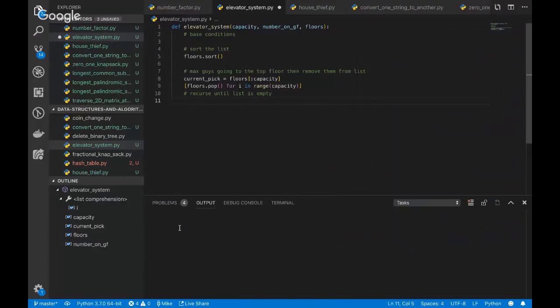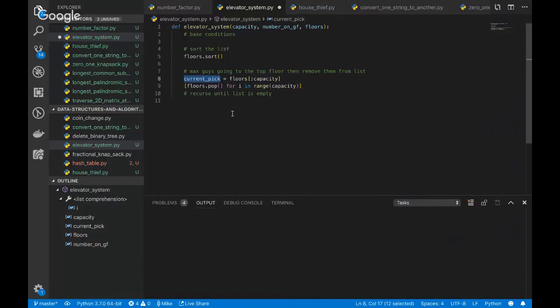So I guess the easiest way to do that is, for every capacity element, we would append to our time variable. So we probably have to start off with a time variable on top at 0, and then append to it every time we chop the list like that. So current peak. You said we need a variable maybe called time that keeps track of how long we've spent. Time will be equal to